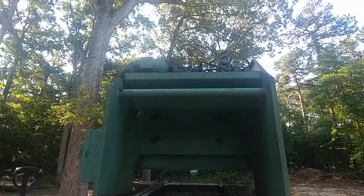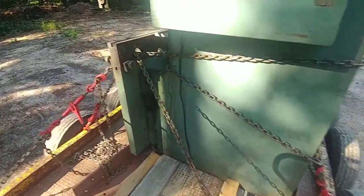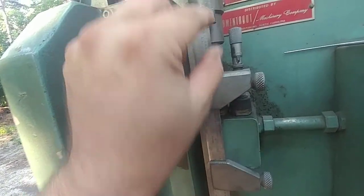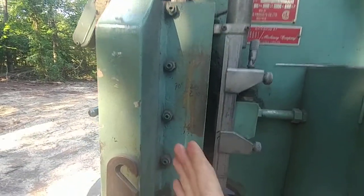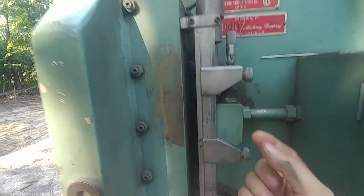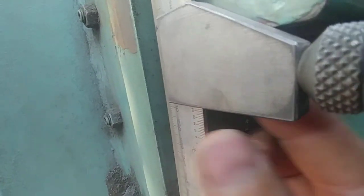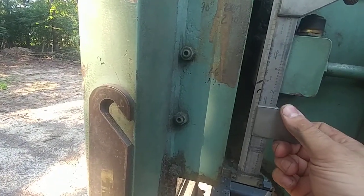But do that. Now the next thing I've got to figure out, so you've got these two switches. Apparently you can set your upper and lower extremes with this thing if you wanted to. So, you know, it's going to go up a certain distance and hit, let's see, is there a switch down here? Yeah, there's a switch down here that this sets. So I can move this around if I want to,